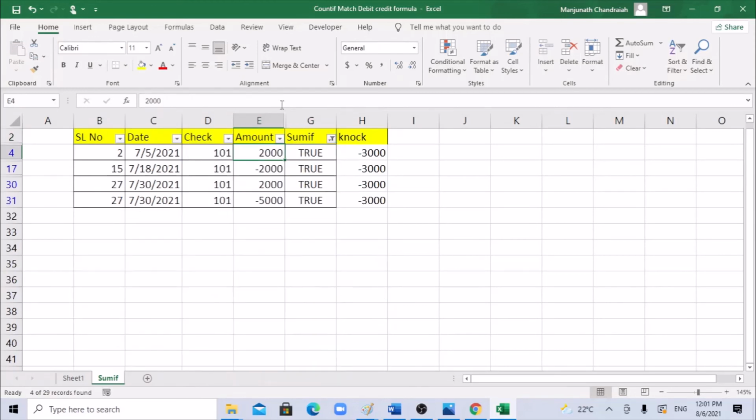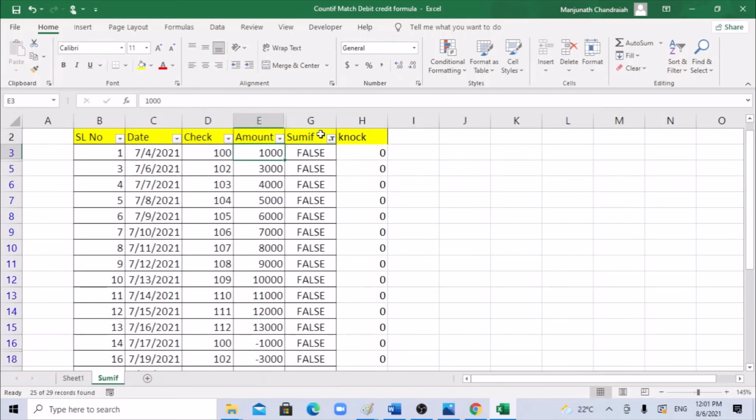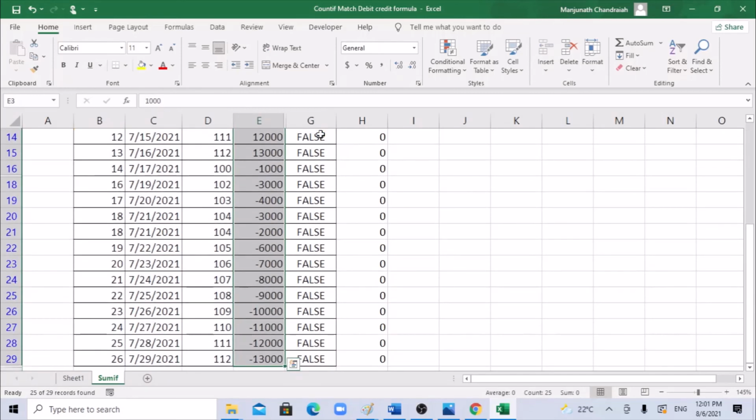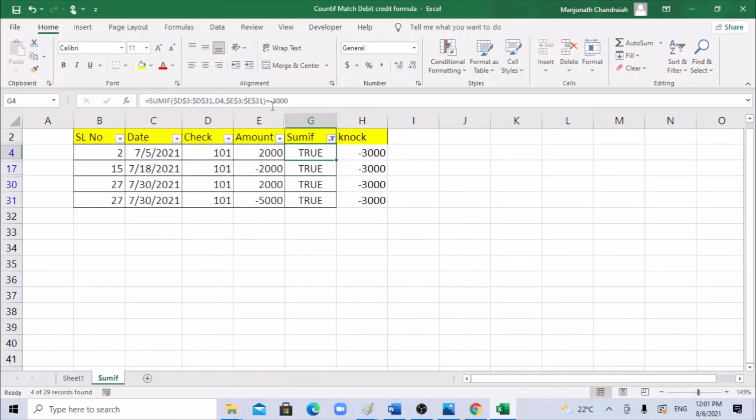I don't think it will work. Let's see. Yes, now you can see these 4 line items change the trend, because we are saying all false would be knocking off entries. It gives you only the values equal to minus $3,000. You know that these are the line items which are open. So right away this is much easier.